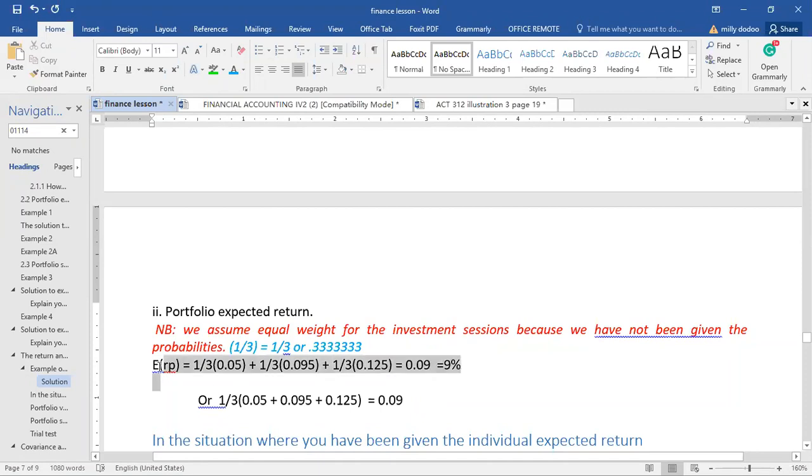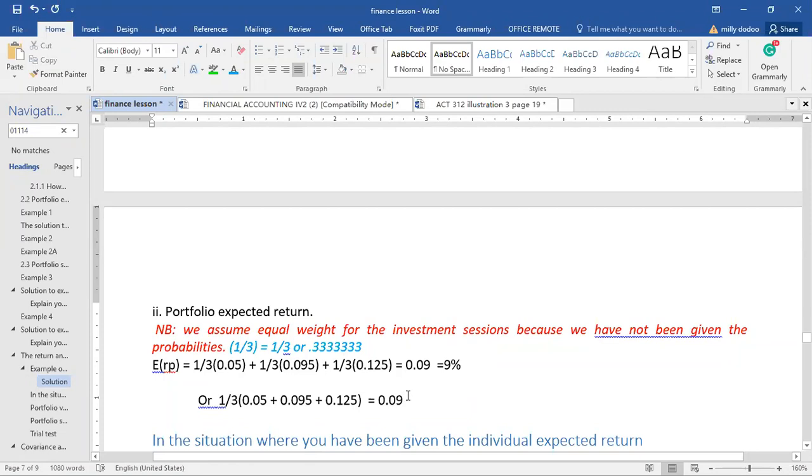This is the first way of getting it. The second method is for the students who think they are very good, or those who think they understand statistics very well. They will say that, okay, since all of them have equal probabilities, why don't I bring one of the probabilities outside the bracket? That is 1/3. Then I'll bring the 0.05 here, the 0.095 here, the 0.125 here, add all these three, get an answer, multiply it by 1/3,